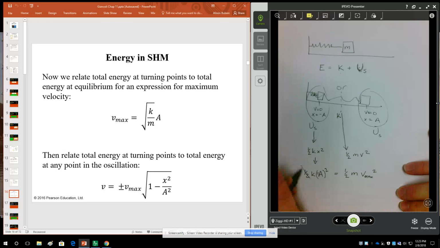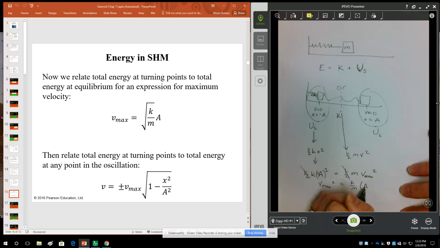So I can now solve for that maximum velocity compared to amplitude, or amplitude compared to maximum velocity. There's a half on both sides, that factors out. I can take the square root of both sides since I have a squared and v max squared, or I can solve for v max squared first, however you like to do it. V max squared is k over m times A squared. And of course, v max then is equal to plus or minus, right? It's either going to the right or to the left. Square root of quantity k over m